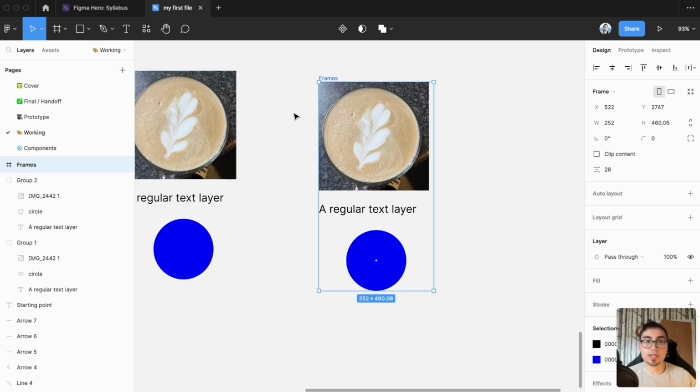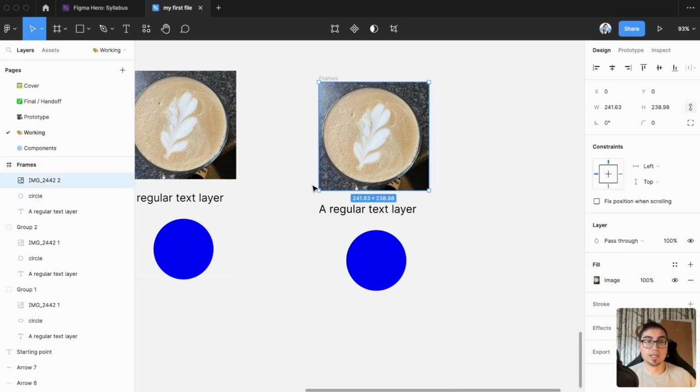What we'll just do is take that out. And if I select the image layer, for example, you'll see in the design panel that there's this thing called constraints. And so left and top are the default things, and this is how things behave on the web. So if you're not used to designing things for the web, what you'll notice is the behaviors you want to see for digital products, things you'll see on the web and in mobile apps, they'll behave a lot more based off constraints compared to more of a traditional group that you might find in things like Google Slides or PowerPoint